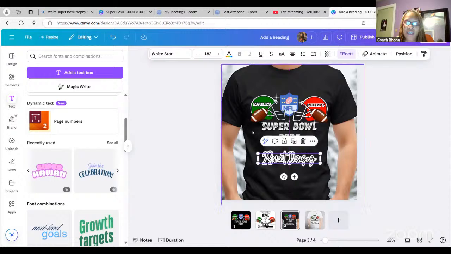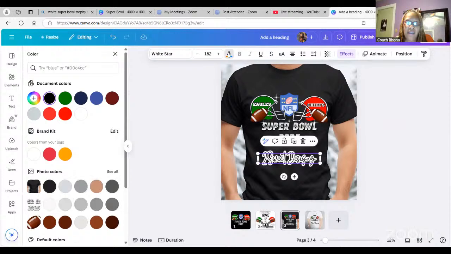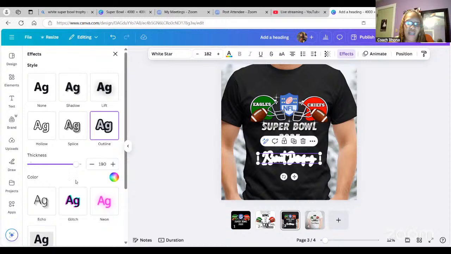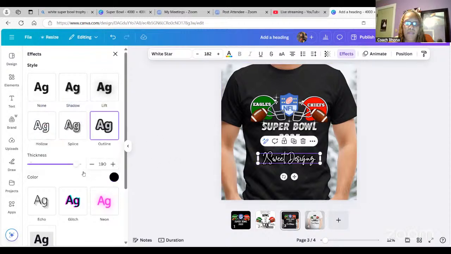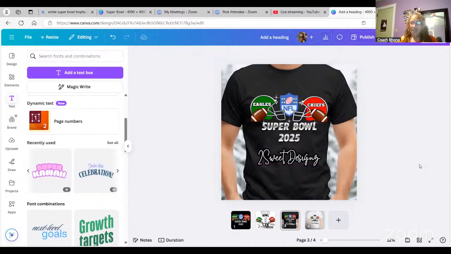So what I'm going to do is change the colors around. Right here for text, I have it on black. I'm going to change it to white. And then I'm going to go to effects and change the color right here to black. All right, and then I can just stretch it out. And that is it, guys. So now you've got two nice Super Bowl t-shirts that you can make for you and your family,